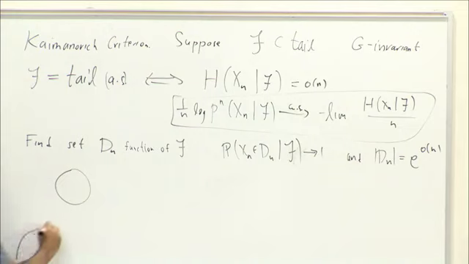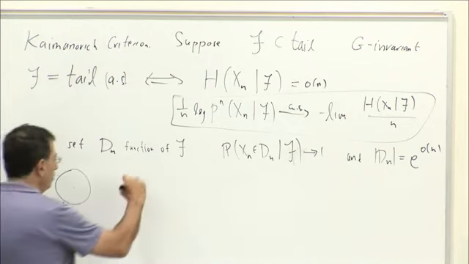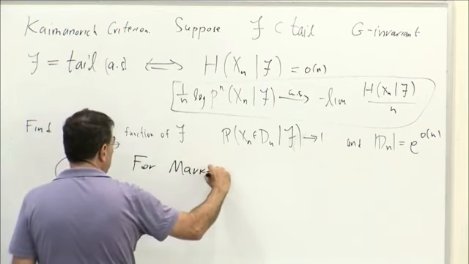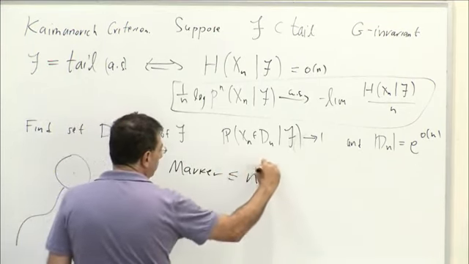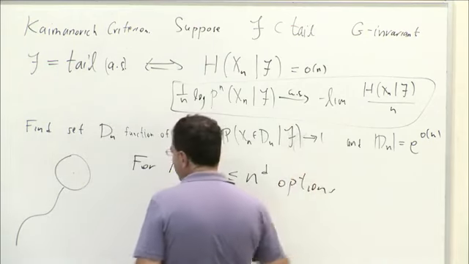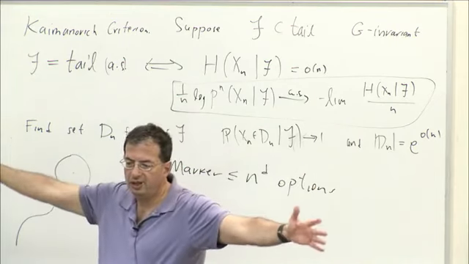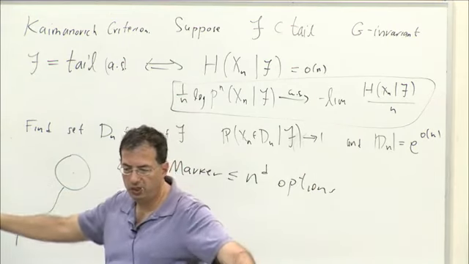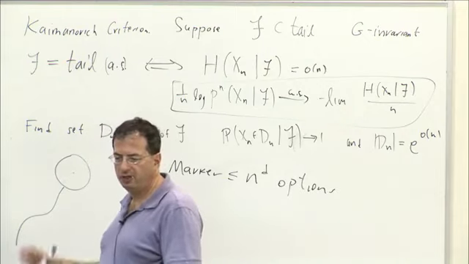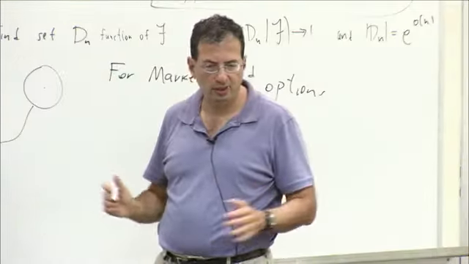Anna Erschler applied this as follows. We want to describe the set Dn. We first want to know where the marker is. For the marker, there are fewer than n to the d possibilities, because the marker is somewhere in the lattice at most distance n from the origin, so we can be generous: at most n to the d possibilities. So let's just enumerate over these possibilities. N to the d is a factor we can easily lose.